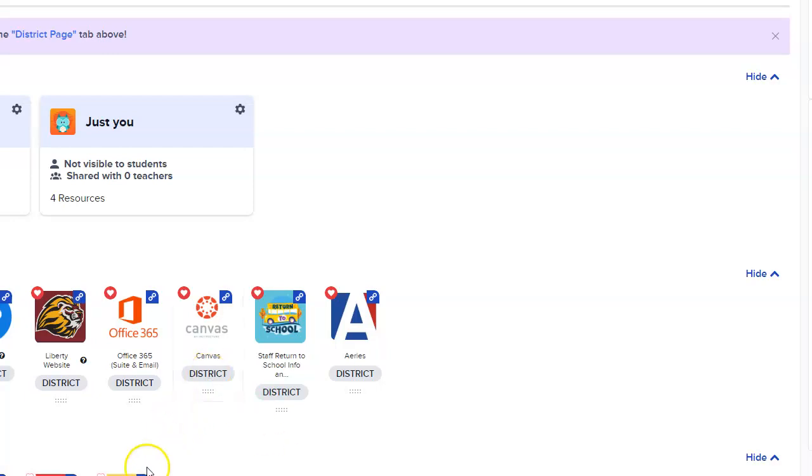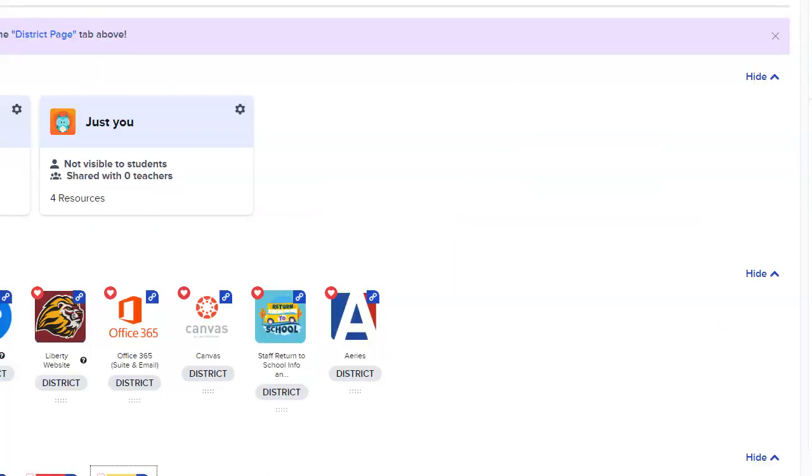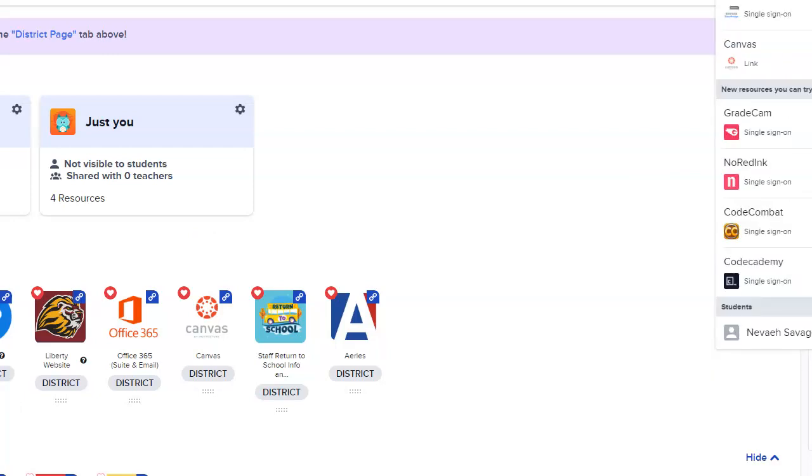So if you try the Realidades ETextbook link here, I know it's super frustrating, but for some reason it doesn't work. I have no idea why. I have no idea how to remove that tab from my resources. So what you need to do instead is you need to type in Savas. Savas is the name of the platform that the textbook uses, or the publisher uses.